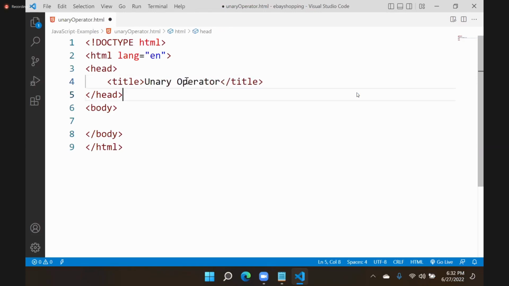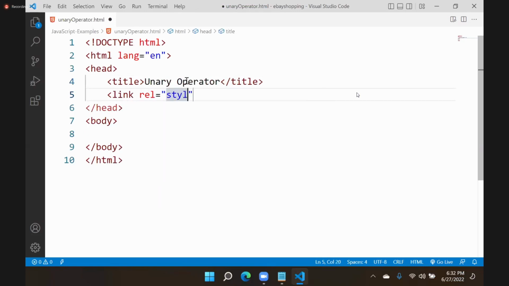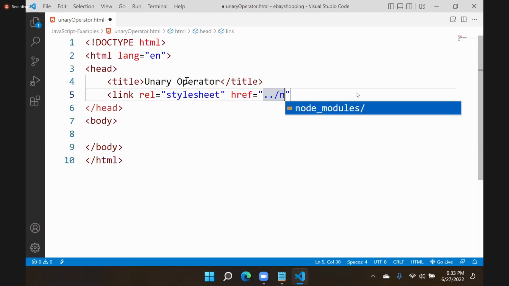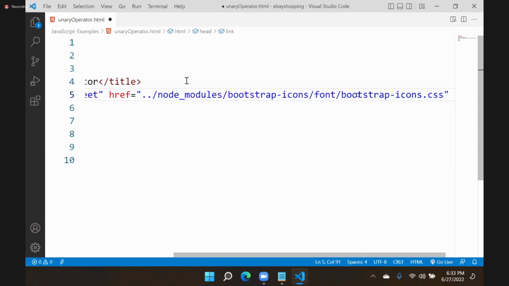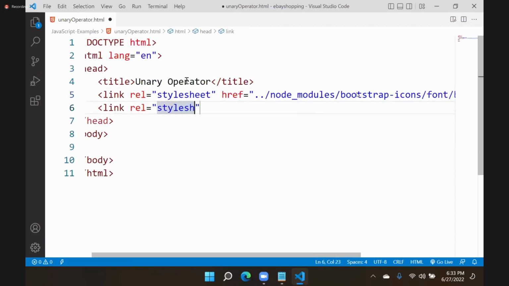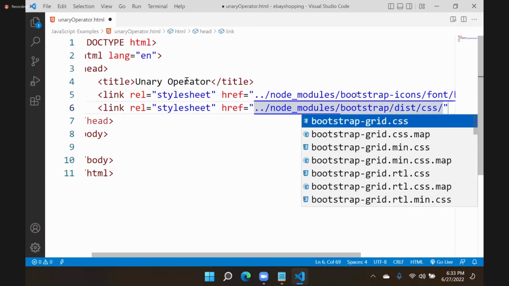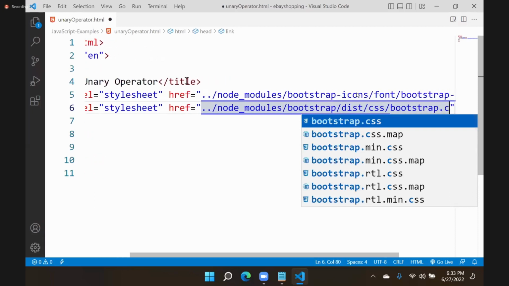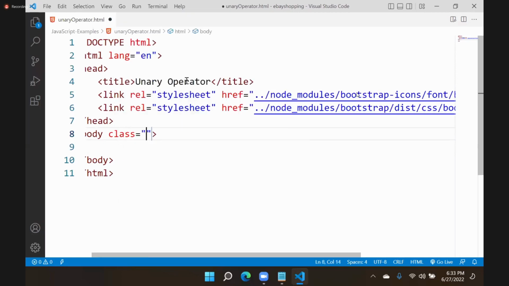For example, now I am linking this. Link rel is equal to stylesheet, href node_modules bootstrap-icons font, rel stylesheet, bootstrap, and dist css bootstrap.css. Let's add a container-fluid here,